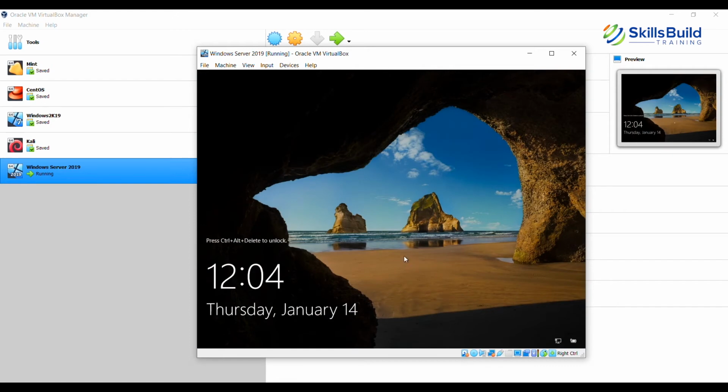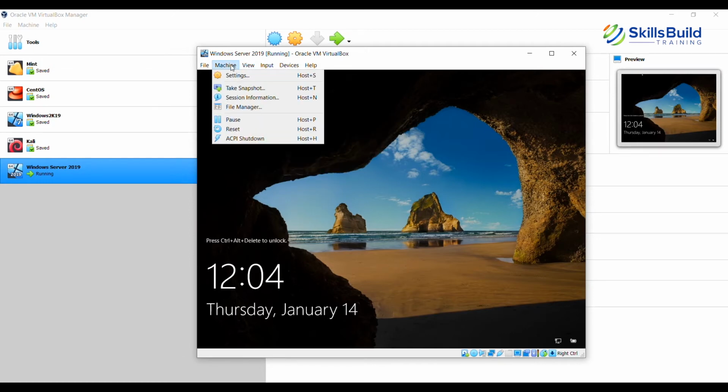So now this is the installed version of Windows Server 2019. It's taken about 45 minutes.